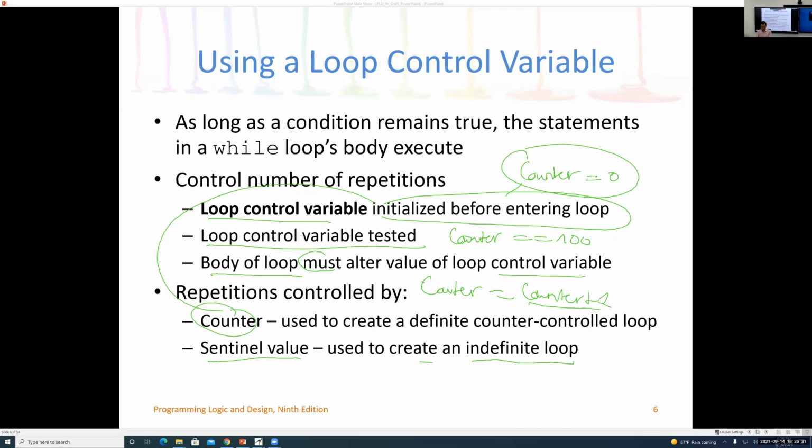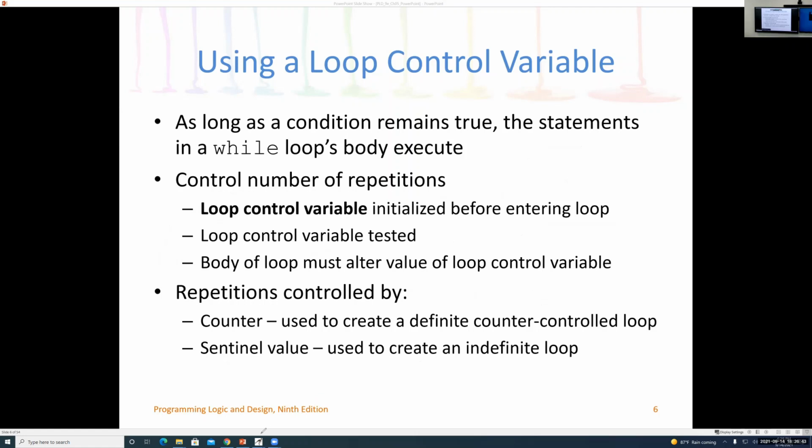So if you want to continue, put yes. If you want to stop, put no. That's the sentinel value here. So now I can change it here. If you look on the interrupter program here,